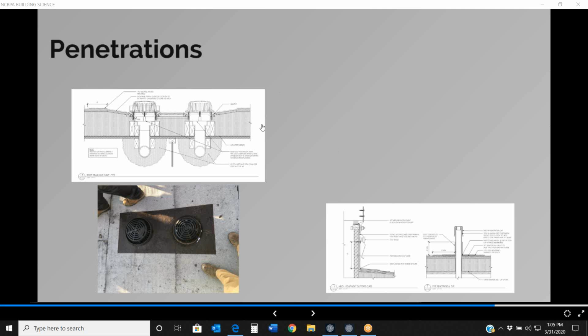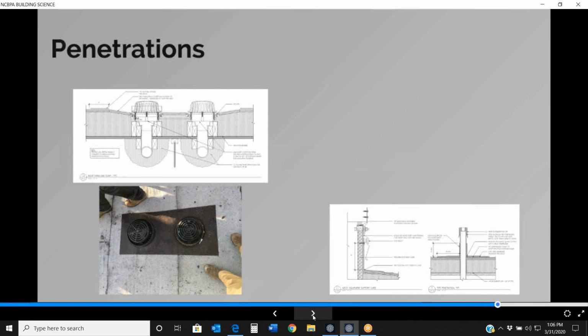So this project was in South Carolina. The architect and I spent a lot of time coordinating on what was going to be penetrating the roof. I mean, a roof is only as strong as how many penetrations we put through it. And so understanding how that was going to work, we spent a lot of time coordinating early on with mechanical, et cetera, and we thought that we had it all. So we have our plumbing drains, we have some mechanical curbs, and we have some pipe penetrations. So when I got out to the site,